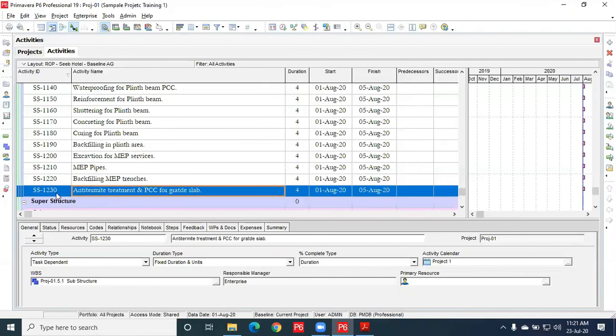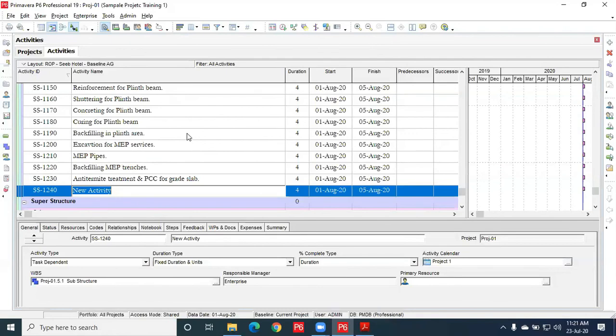This we do together because once we have done the anti-termite treatment, immediately PCC has to be laid, or within a day, to protect that anti-termite treatment. So I clubbed these two activities. The anti-termite treatment doesn't take much time. It's just spraying of the anti-termite chemicals, and over that PCC will be laid. So I'm clubbing these two activities.